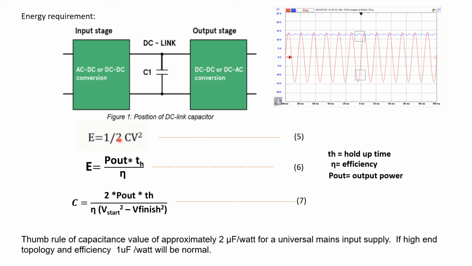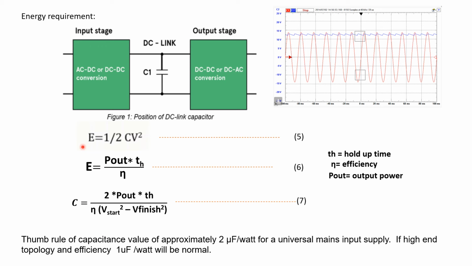So how to calculate this DC link capacitor? This is very essential, because most of the sources you are using may not be sufficient to give the complete energy transfer from primary to secondary on their own. So they need a capacitor. That capacitor can discharge very fast.